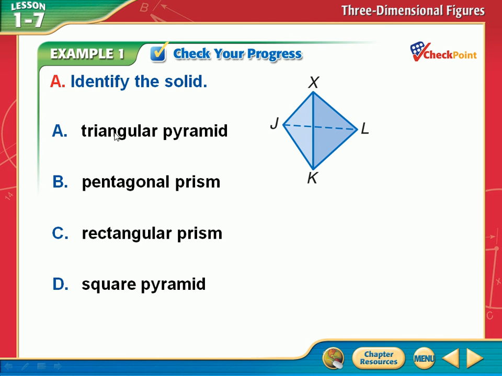So look, the only triangular thing I have is this one, triangular prism or pyramid. Sorry, right? Comes to a point. Yeah, it's not drawn well. I'm looking at it kind of sideways, up at the top. Not directly on top, but kind of off to the side a little bit from the top. Use your imagination. See where the dotted line is at. Yeah. That could be the top. I'm looking at this as the third side of the base because you can't see it, right? You can't see through the solid. So this is one side I can see. So I'm looking at JLK as the base. Do you see that? It's a little hard to see, I agree. I'm looking at X as the very top of it, the vertex. That's how I'm looking at it.